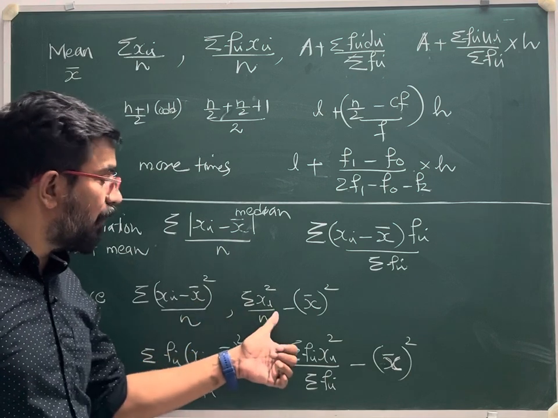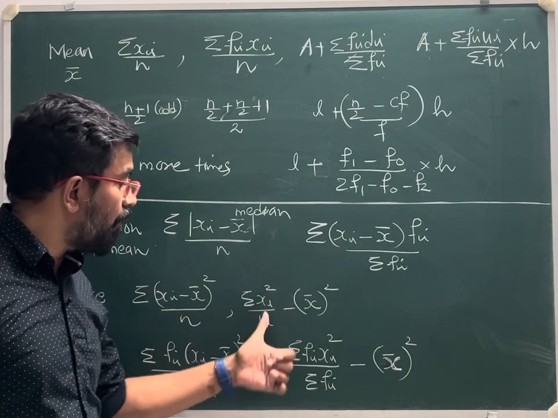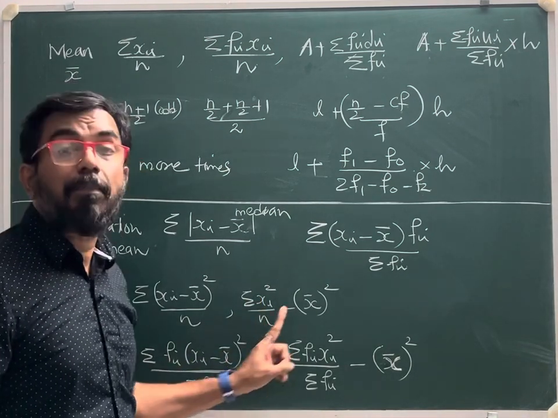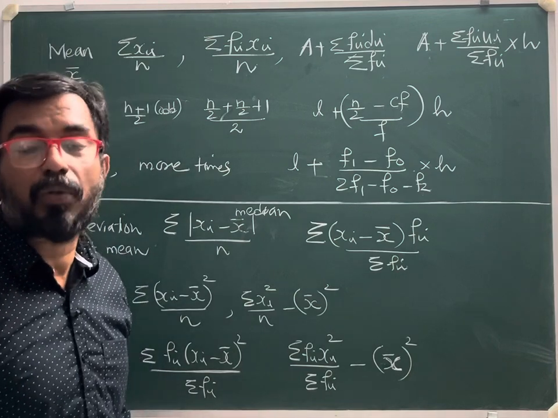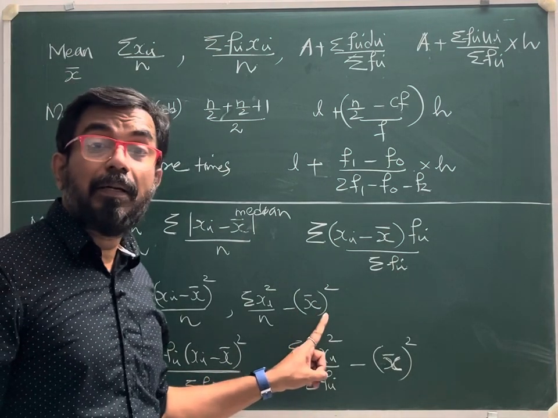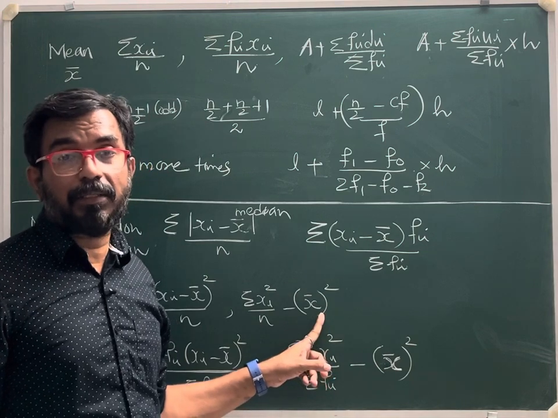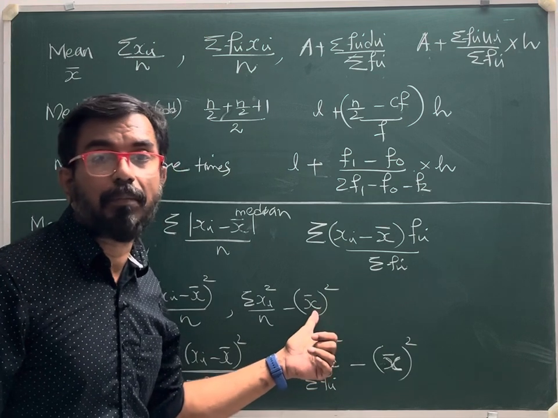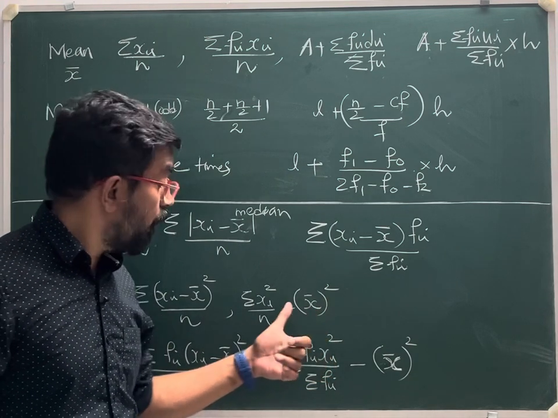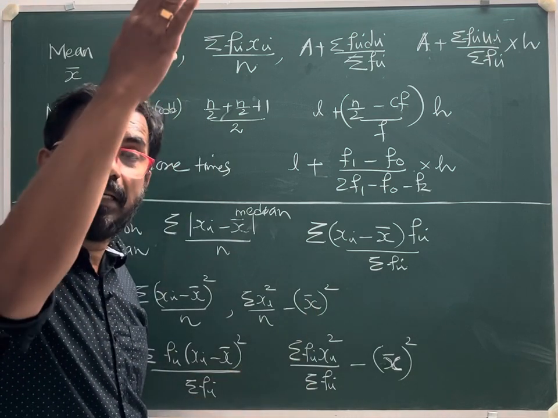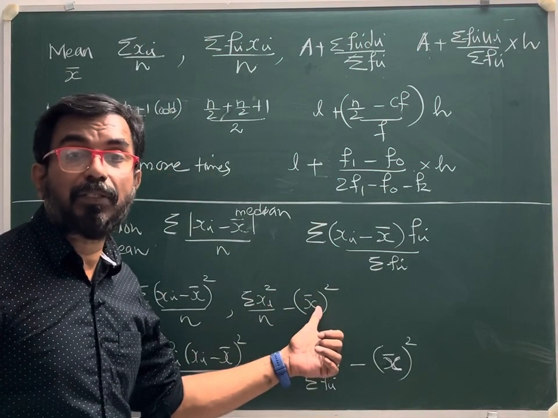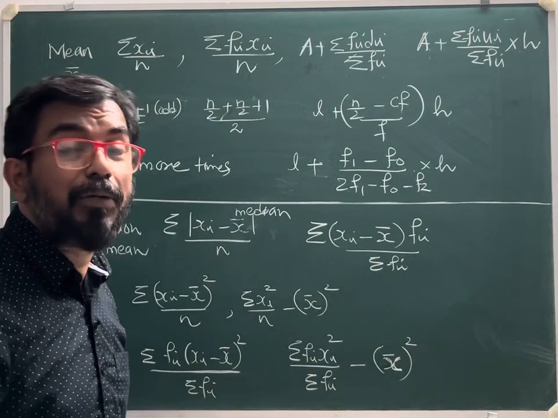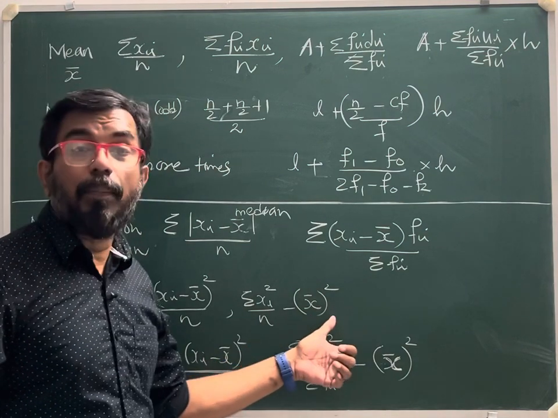We can prove that this is equal to this. What is that? Sigma xi square by n; that means each of the observations you need to square, divide by n, minus x bar, the mean, squared. In the direct method only this formula works. There is a shortcut method, and in the shortcut method don't write the mean square here, or you may go wrong. So in the direct method, if you are using the data as it is, then you can write x bar square here. In the next video, I will explain